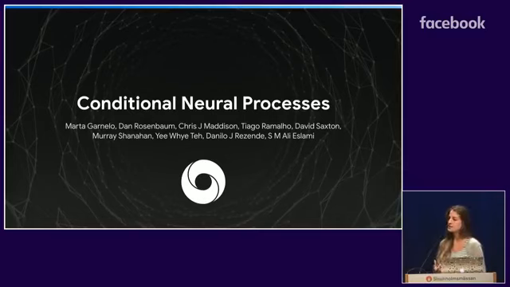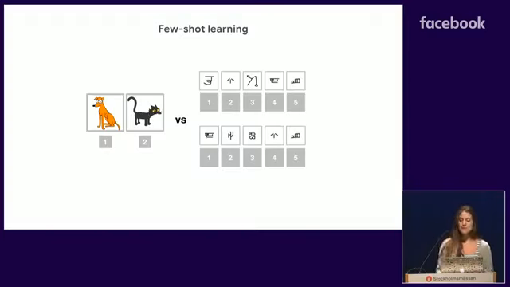So what is so special about few-shot learning? When we compare it to traditional learning, if we look at the classic image classification task, normally any image of a dog is always going to have the label dog, and a picture of a cat is always going to have the label cat. This is not the case for few-shot learning. Here, in every episode, we're going to sample a subset of the images, we're going to give them some random labels, and then in the next iteration, we're going to throw those away, sample a different subset of images, and give different labels. And what happens sometimes is that the same image can actually have different labels across the different episodes.